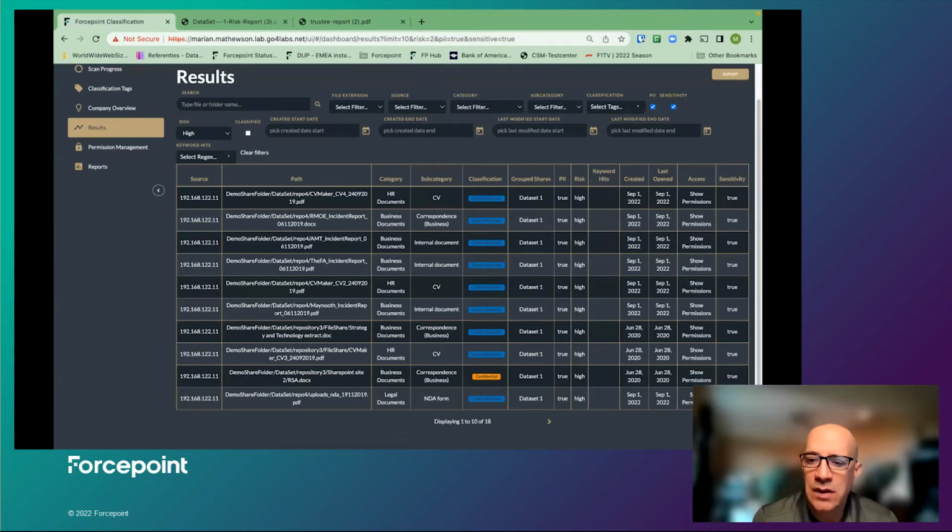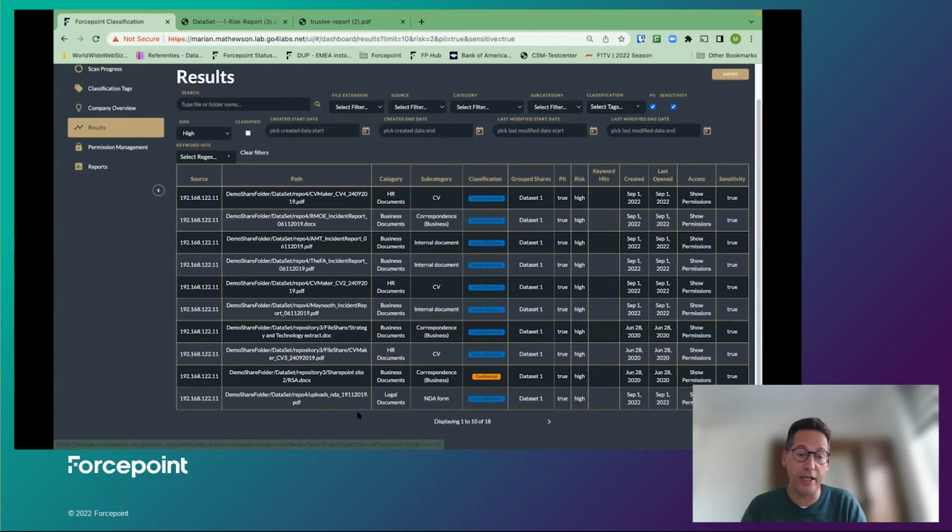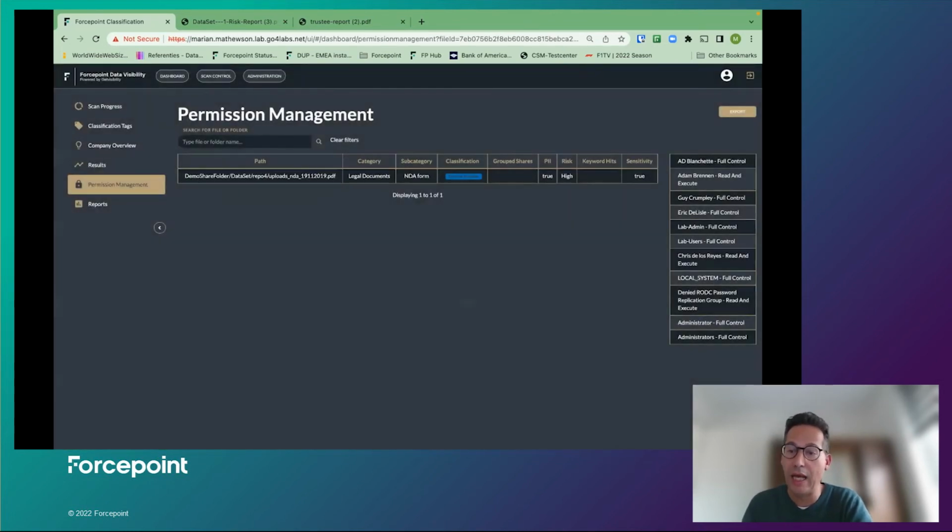Okay. So if I look at this NDA form, for example, I'm assuming it's an NDA form because based on the name, that's safe to assume. I can see the permissions of that file, and I can see there's a couple of individuals that have access.